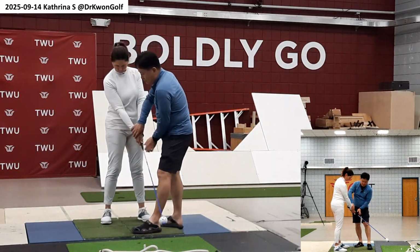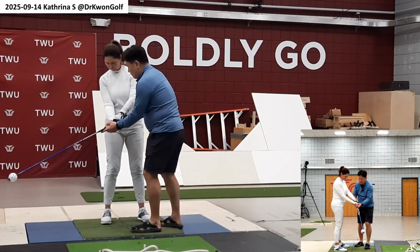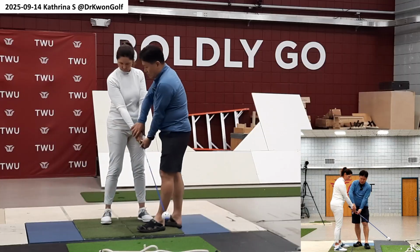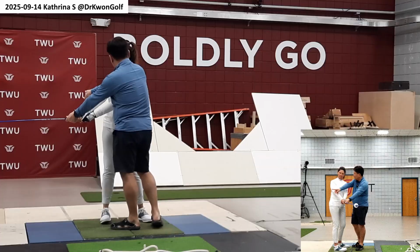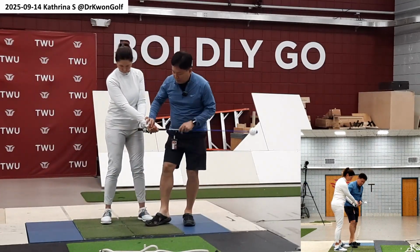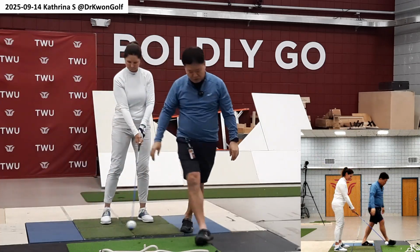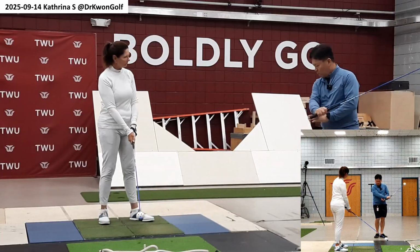For that, what should happen is that while you are pronating this motion, you have to move the hands a bit higher here. Then you're going to this position. That way you can easily point this. But if you just try to keep the hands here and then point it that way, your hands are already traveling inward, so this goes flat. So when you use your wrist actively, throw, we're going this way in one action. So it looks like this. So when you have a good wrist motion here, throw,